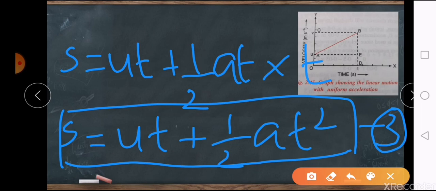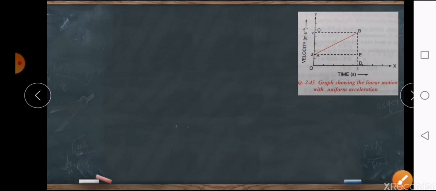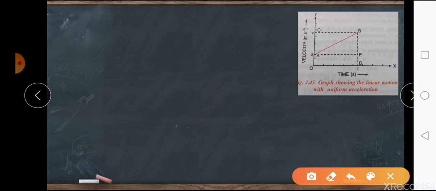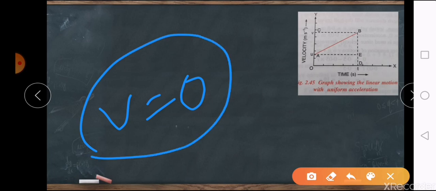So these are the very important three equations of motion you are going to have, and for your numericals also, the derivations come in the essay part, and you will get questions from these in the numericals also. And in your numerical part, when you solve it, be very sure that if a body starts from rest, U will always be 0, and if a body starts from a particular velocity and comes to rest after some time, V will be equal to 0. So these are the conditions you have to remember when you solve numericals.